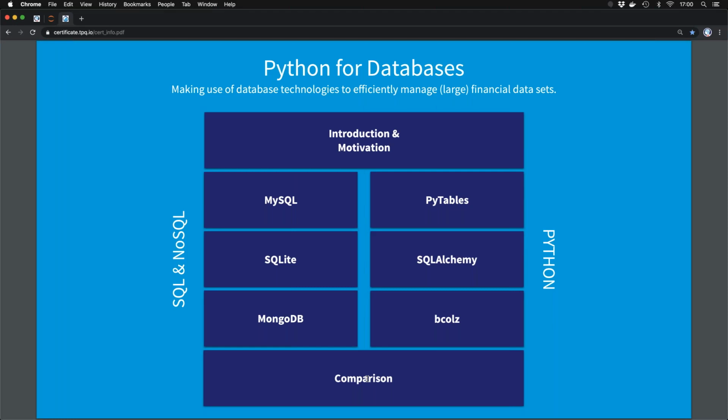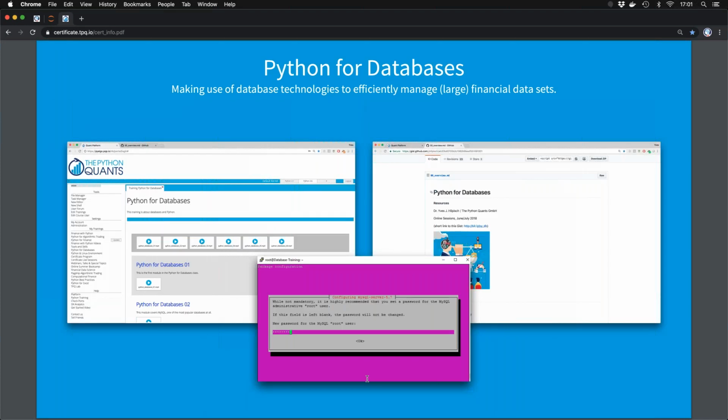We also provide setup scripts. For example, MySQL is a little bit involved with regard to the installation, but we provide setup scripts that you can use to install everything in the cloud and run it beyond your local machine. And later on, after you have finished your studies and your first tries, you can destroy the cloud instance, and nothing has happened to your local machine. So this is the approach that we take here.